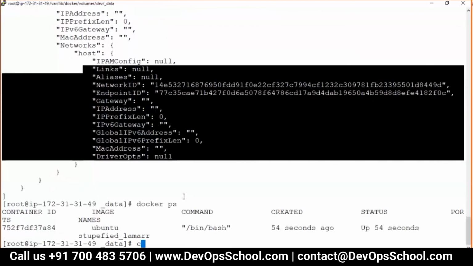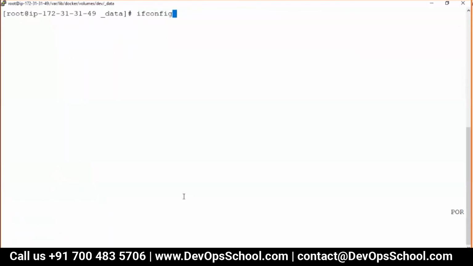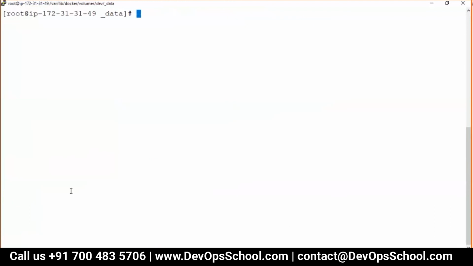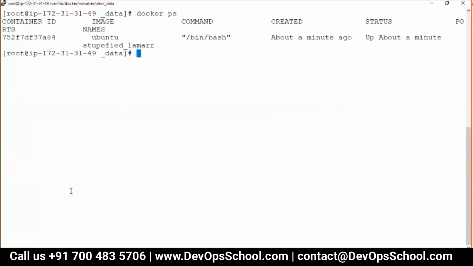Do you want to experience this? First look at this ifconfig. Guys, you are seeing docker0, eth0, lo. No veth, no veth. On top of it, one more thing I would like to show you: go and attach to this container. I'm able to attach because it's a bin/bash, I can interact with this. I'm a human being and I am inside a container.